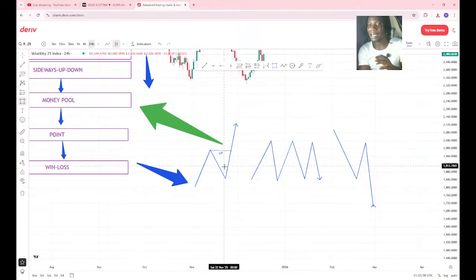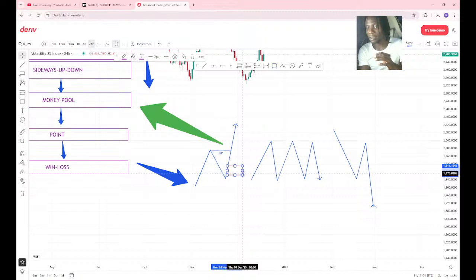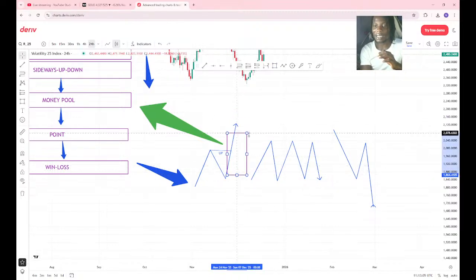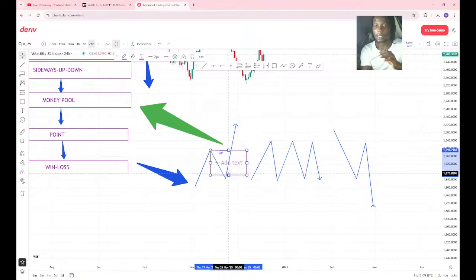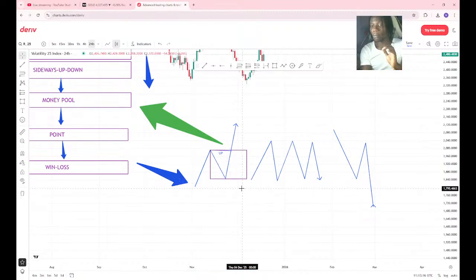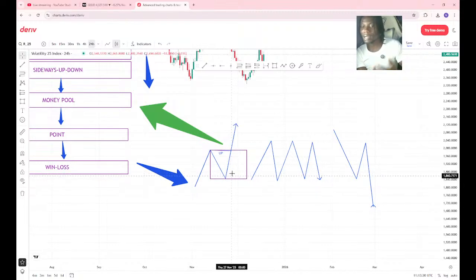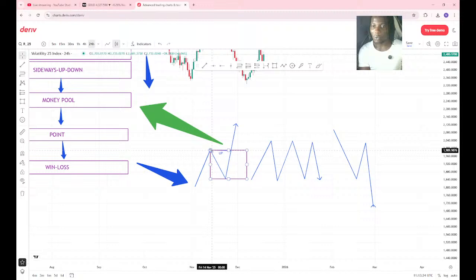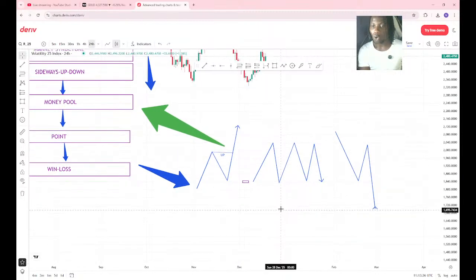Then we select that area. If it's a demand, if it's a resistance, you select that area. Initially this whole block like this is supposed to be your point of interest. This is how they usually mark it, this entire block. But as a retail trader, you don't want to trade like this because your equity is not that high enough. Since your equity is not that high enough, we'll start looking out for lower zones.